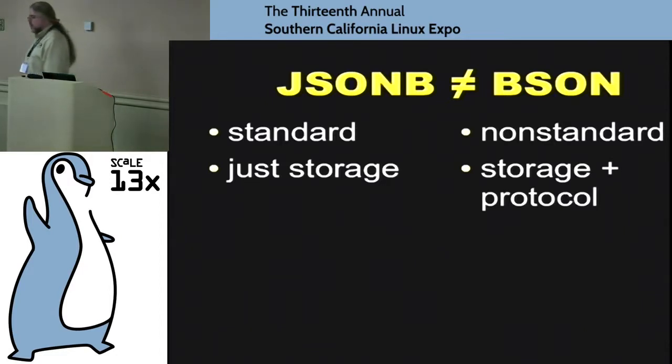One of the other things that people asked when we introduced this is, well, those Mongo guys have this thing called BSON. Why don't you just use that? It's binary JSON, right? Well, a couple of reasons, a couple of problems with us using that. Number one, BSON is actually non-standard. Specifically, it violates the published JSON standard in several notable ways. And one of the things that we're into in the world of Postgres is adhering to standards when we can. And the other thing is that for Mongo, their BSON thing is this kind of weird hybrid of a storage and a communications protocol.